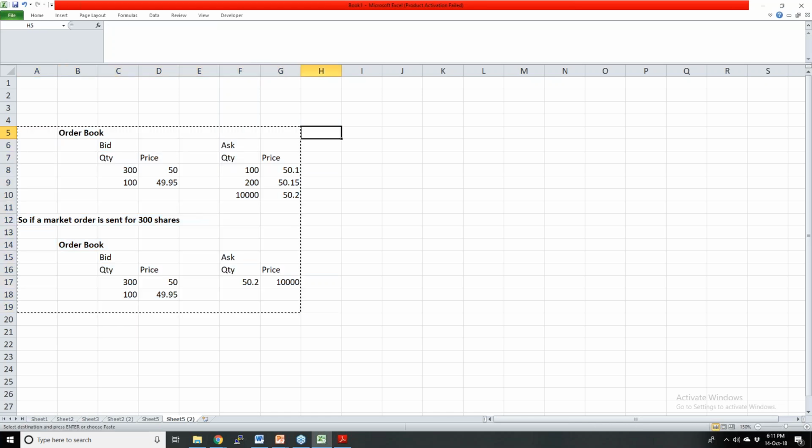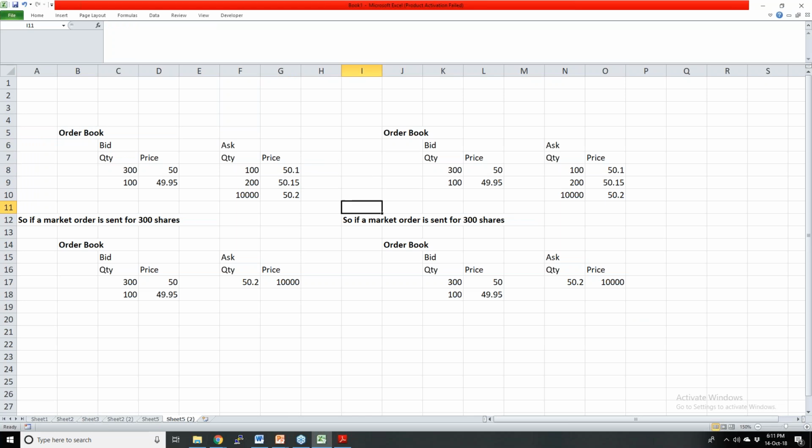However, if a limit order is sent for 300 shares, for limit orders you have to specify a price, say 50.15. Or, let me make it 400 shares or 500. I'll take the same example, right? So then this becomes 9,800. If a limit order is sent, then what will happen is,